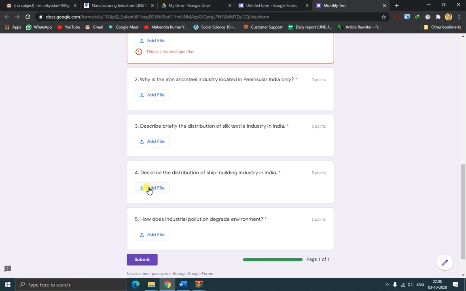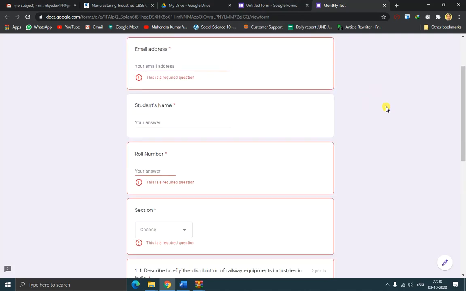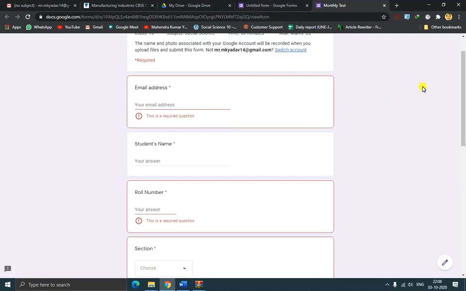It will be in proper order with these files only. So this will be very helpful for teachers when they take a descriptive test of the students.